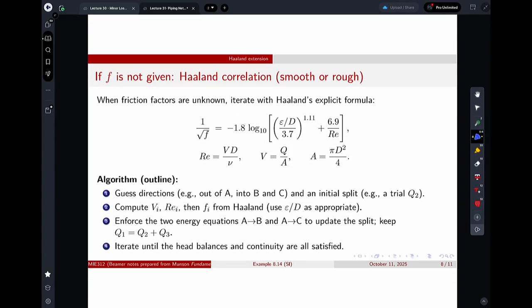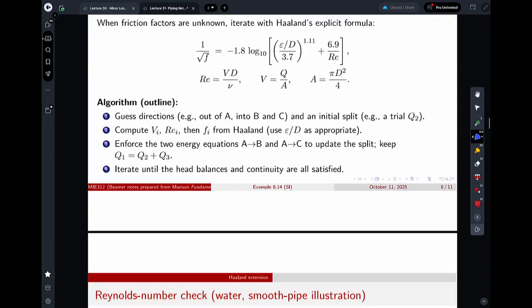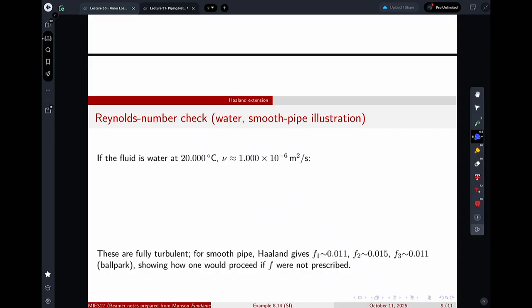You could do this problem again, and you'll get a slightly different result. If you use Haaland's equation, you guess the directions, and we would end up guessing directions exactly the same way: out of A, into B, into C. Compute them, get f, use epsilon over D as appropriate, enforce the energy equation, and keep Q1 equal to Q2 plus Q3. Iterate until the head balances and everything is correct. If you do that,